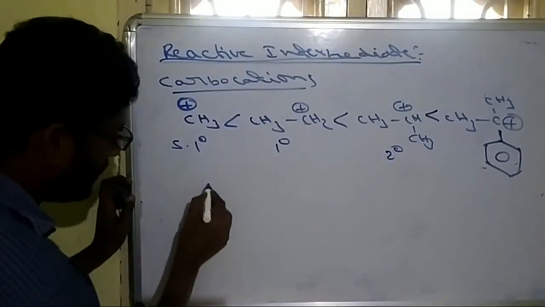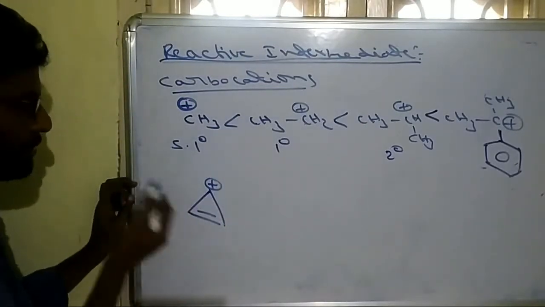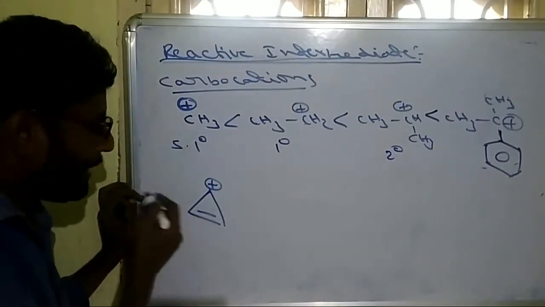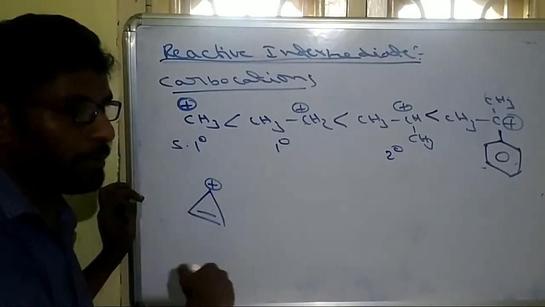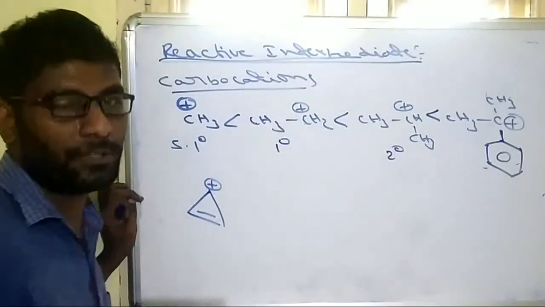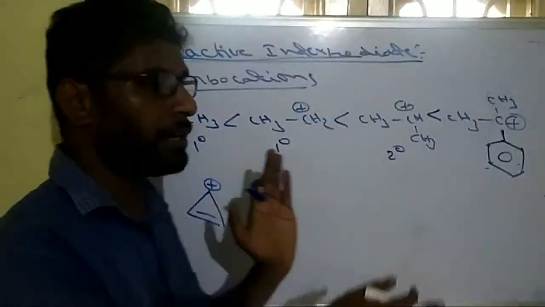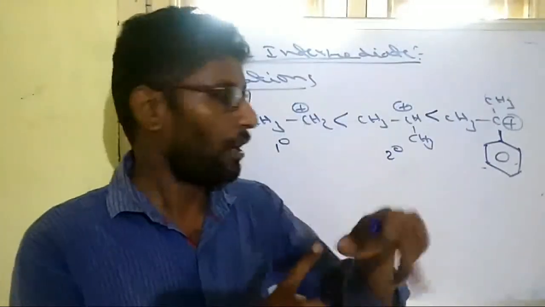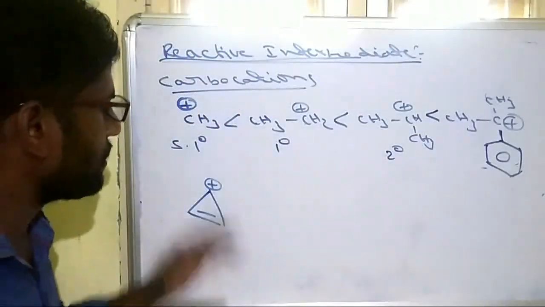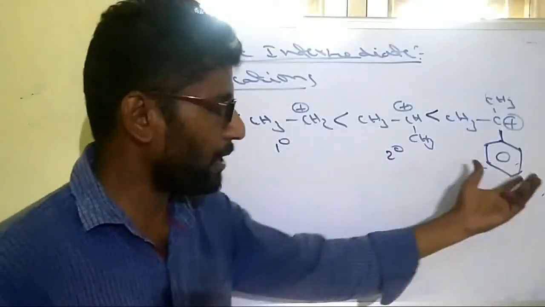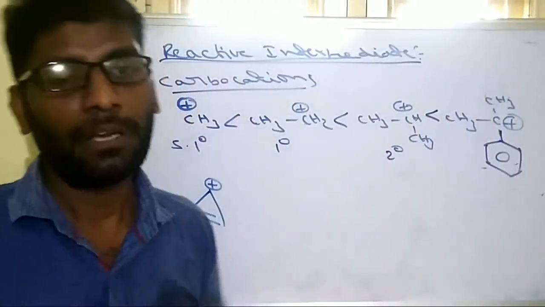If it is present like this, this is an aromatic carbocation. This is the aromatic nature we have seen. So aromatics are more stable than even resonance. So for the stability of carbocations we have to check: first aromatic, after that resonance, after that hyperconjugation. Based on this stability we can identify. So wherever benzenes are there, stability increases.